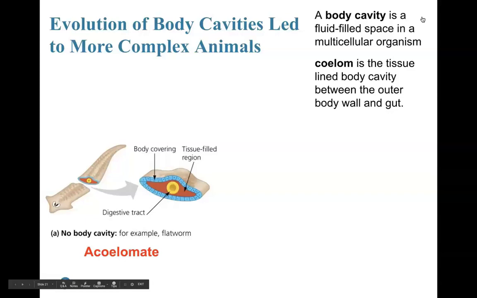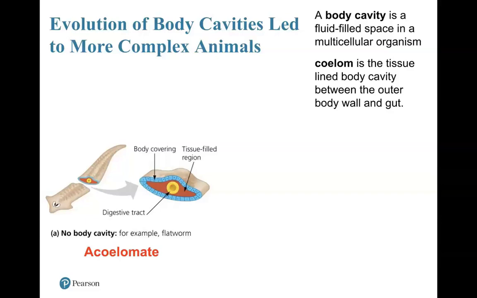Another body plan that led us to these classification types has to do with body cavities. A body cavity is a fluid-filled space in a multicellular organism. I discussed gastrulation, and in gastrulation we had different germ layers. I can see these cells making up the outer covering of this organism. I have a tissue-filled area, let's call that muscle for this guy, and then the inside digestive tract, the endoderm, will probably form that. In this example, there's no space in between those different layers